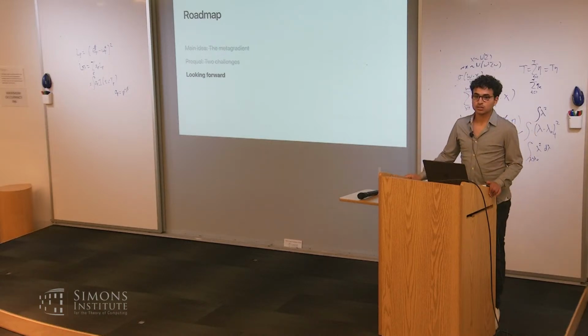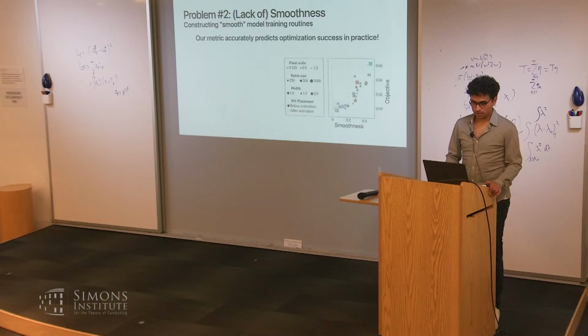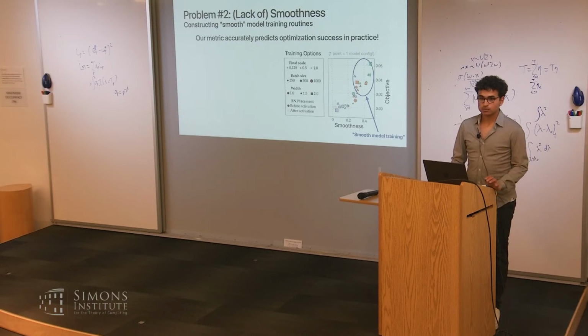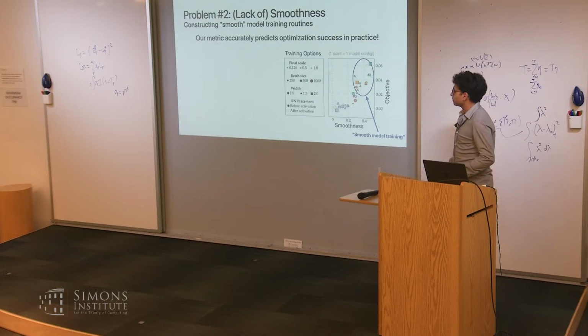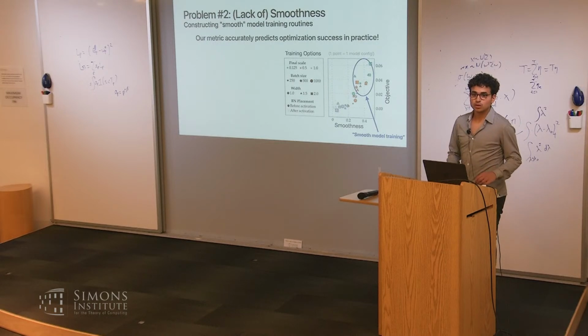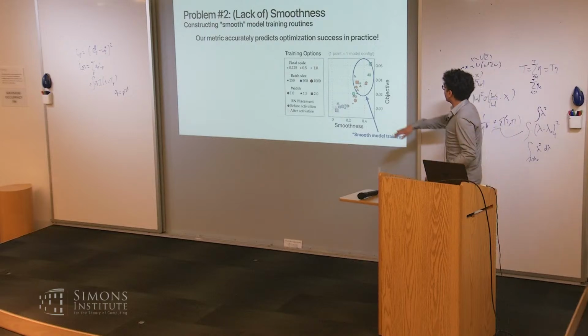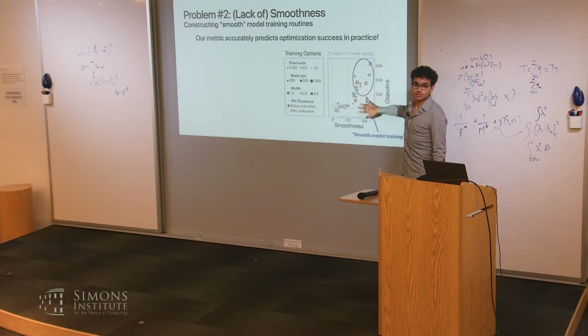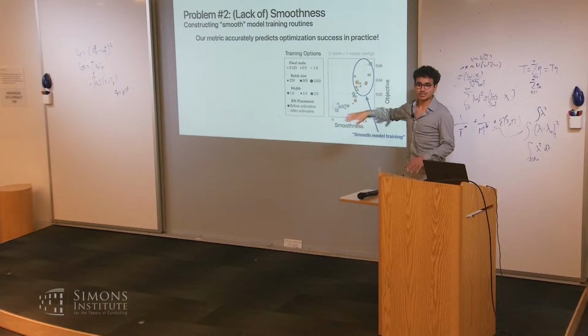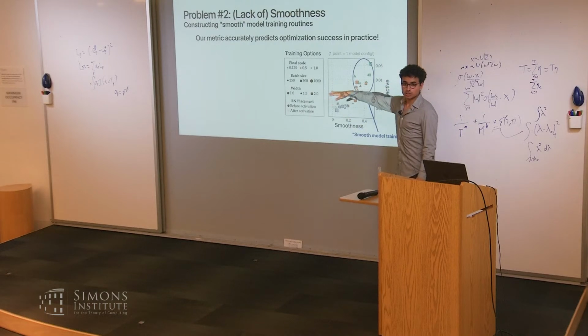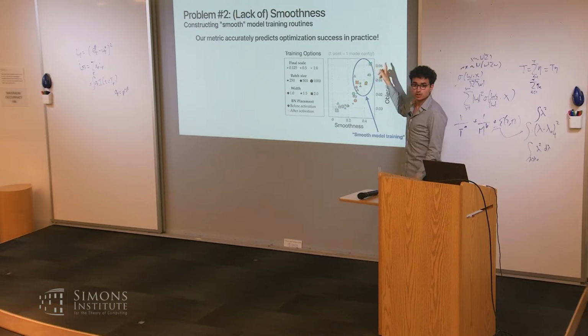Yes? On the slide, I didn't get how you selected the one in the top right. Did you literally go through every possible configuration, compute this meta-smoothness and the objective, and then pick? Oh, great question. In reality, we actually don't ever compute this axis. This is just for you as the audience to be convinced that our metric is good. But really what we do is just search along this way and pick the point with the highest x value.